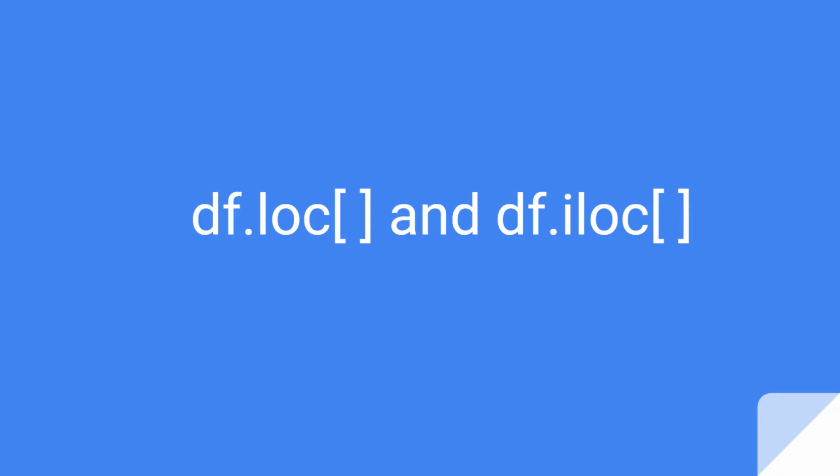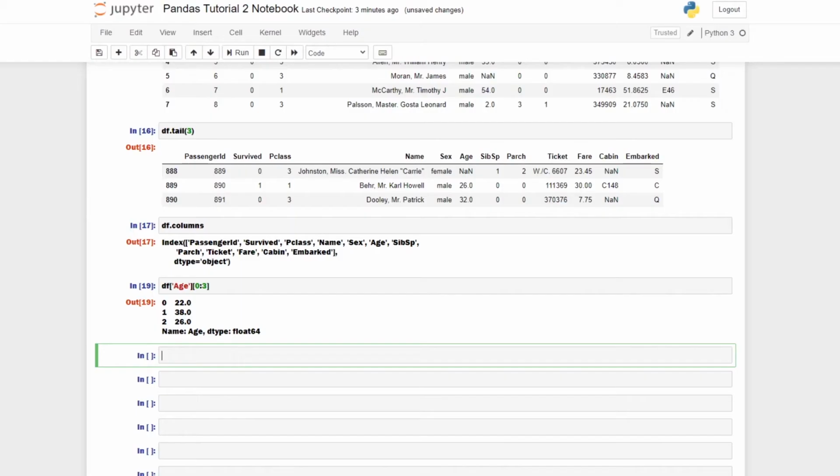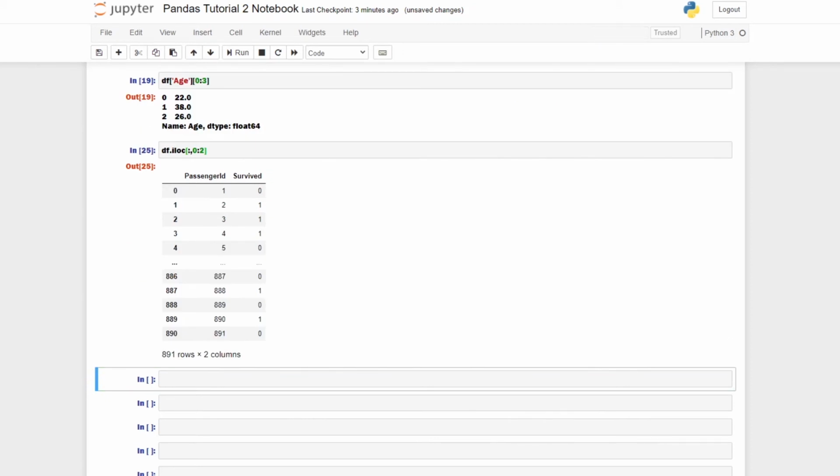Both of these functions are very useful for data science. You'll see them frequently. Let's start off with df.iloc. This is a way to index into your data frame using purely integer location-based indexing. As the name implies, we can only pass it integers. This uses the typical method of Python slicing where it does not include the last number. So, to show all of the rows in the data frame, but just the first 2 columns, we could do df.iloc[:, 0:2],